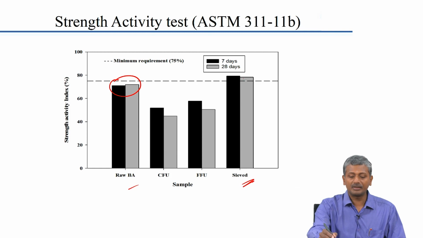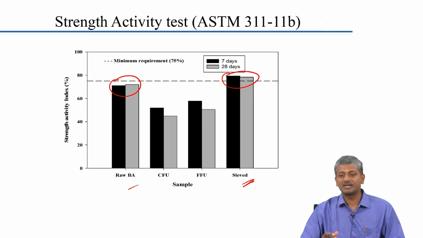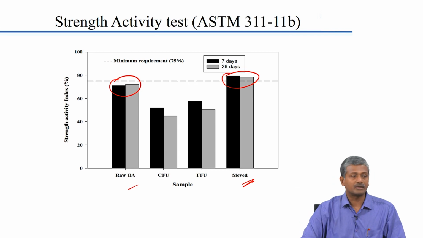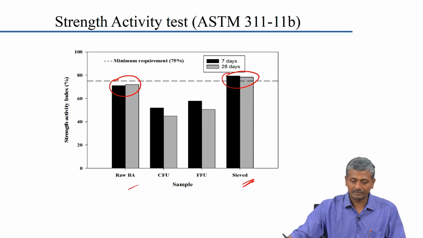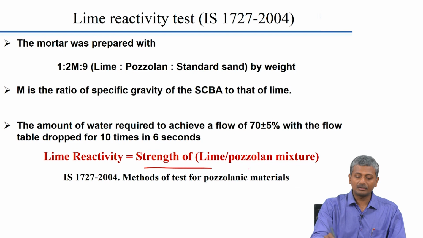For the sieved material, I have shown you this before, that we have already reached about 80%, and for the sieved and ground material we were able to reach more than 100% reactivity in this case. Lime reactivity I have already talked about. You mix the lime, pozzolan and standard sand, and lime reactivity is nothing but the strength of the lime pozzolan